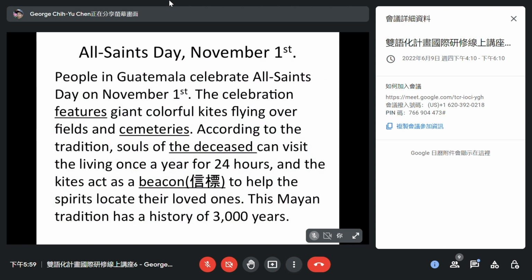Because according to the tradition, souls of the deceased, again, we see this word deceased when we look at the slides about Mexico, deceased means 往生者。往生者的灵魂呢 can visit the living, 可以来拜访活人 once a year, 1年1次 for 24 hours